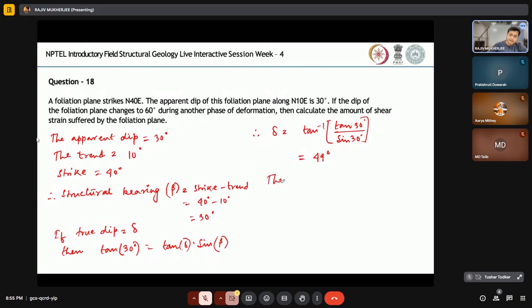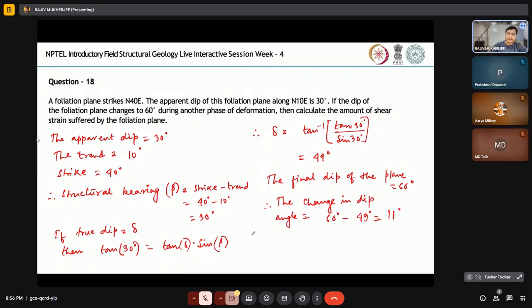So the final dip of the plane is 60°. Therefore, the change in dip angle is 60° minus 49 degrees, which is equal to 11 degrees, right? And since this angle is equivalent to the shear angle, which is 11 degrees,